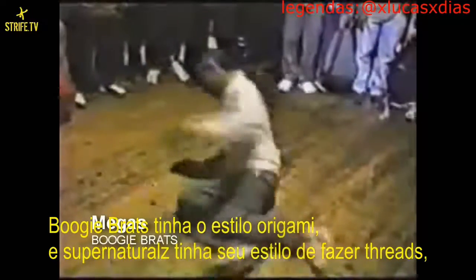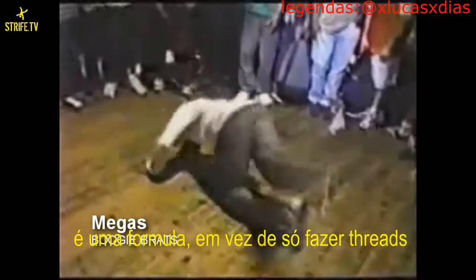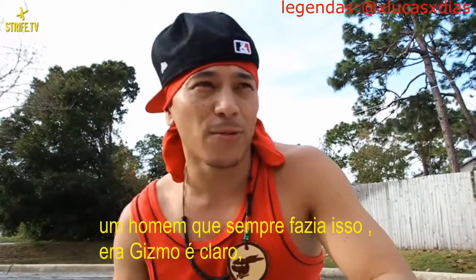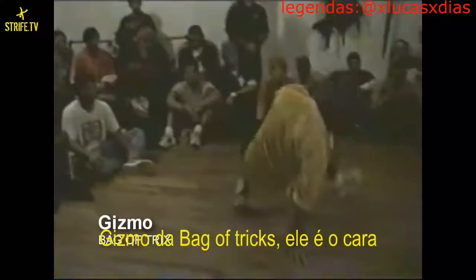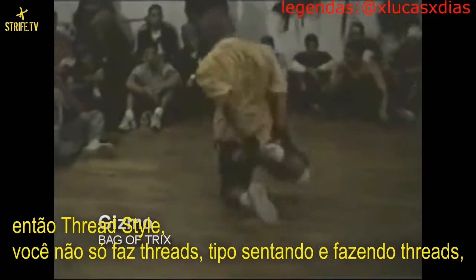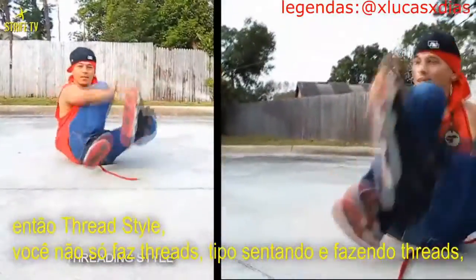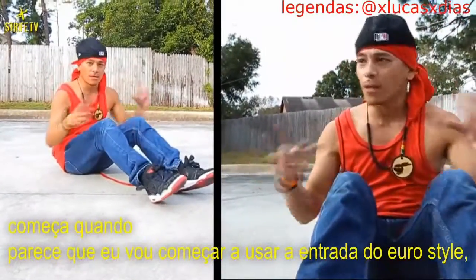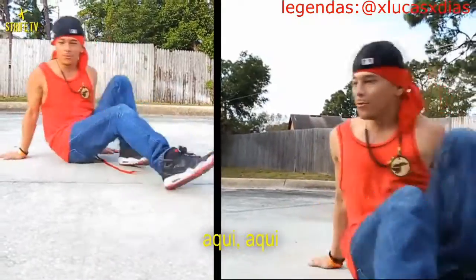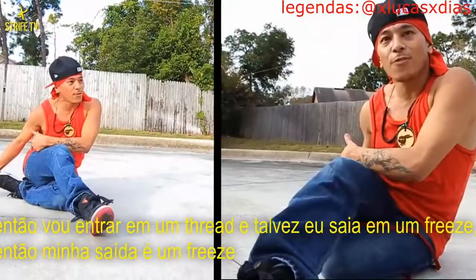Boogie Brats had the origami style, and Supernaturals have a certain way of doing threads too. It's a formula instead of just doing threads. The man that was doing it was Gizmo, for sure. Gizmo from Bag of Tricks. He was the man. So I'm going to demonstrate what they would call a threading style. A threading style is you're not just sitting and doing a thread. It starts with, I'll use a Euro style entrance. For instance, I'll use the pretzel sweep or the grind into here. That would enter into the thread,